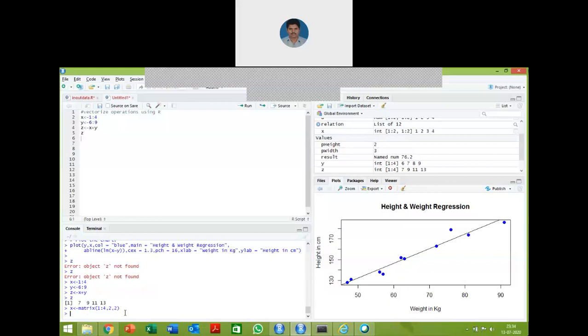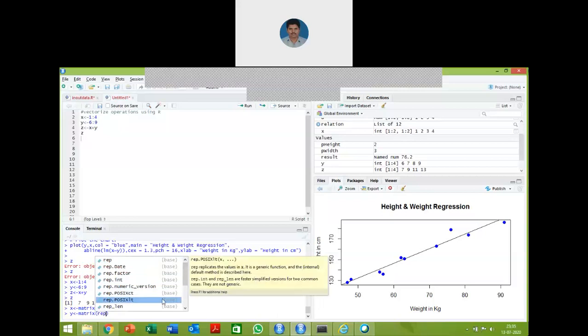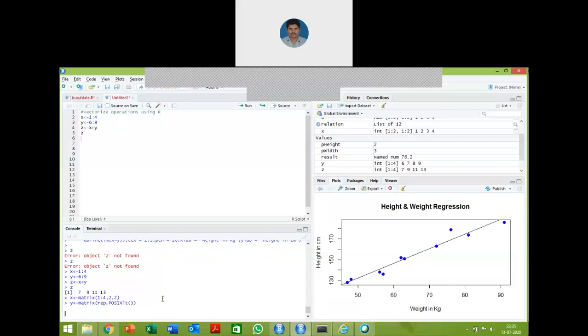Then you can create another matrix by using the vector elements with the help of the rep function. rep is repetitive: how many times you need to store the vector element. These are my vector elements.